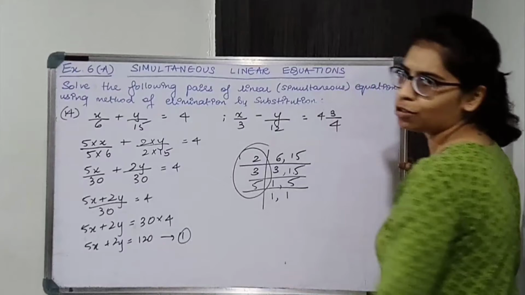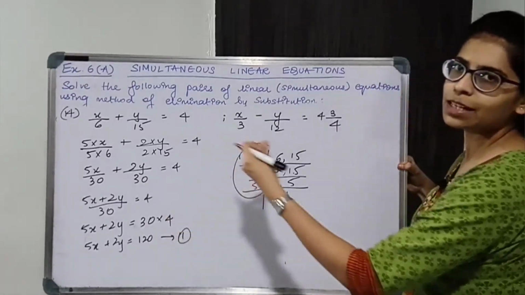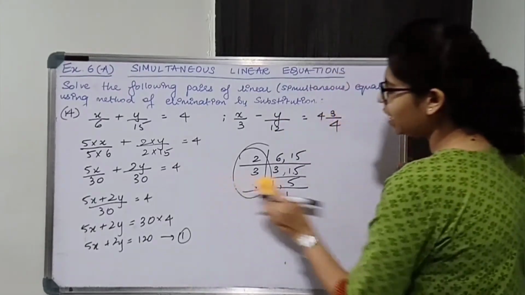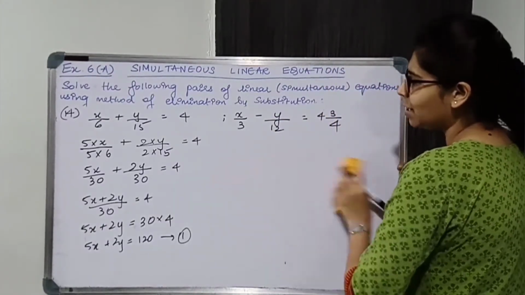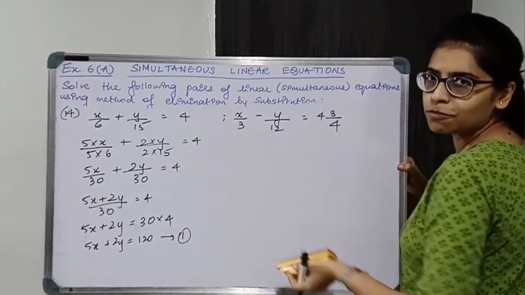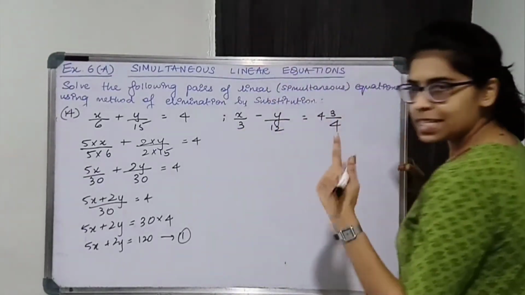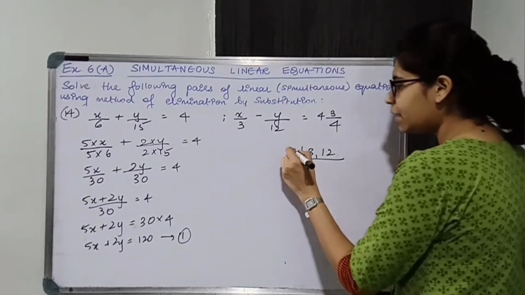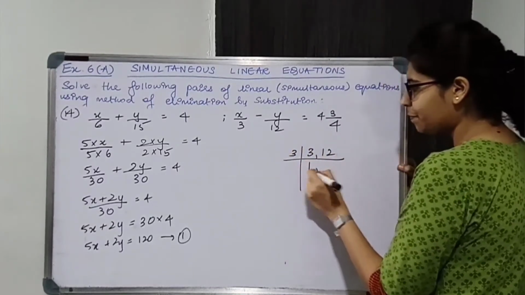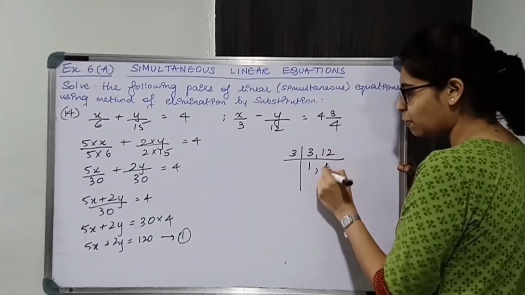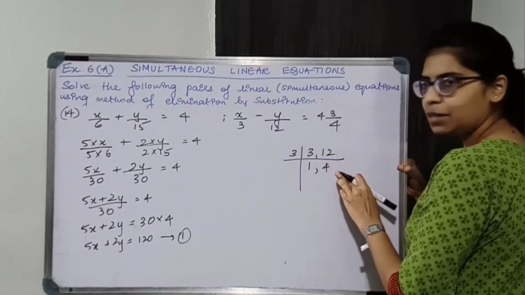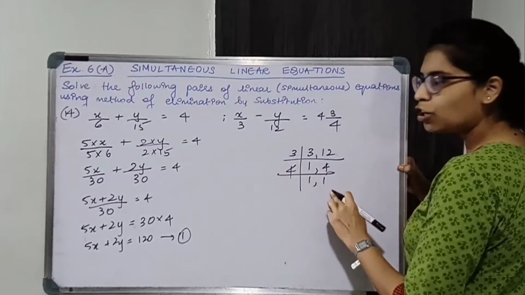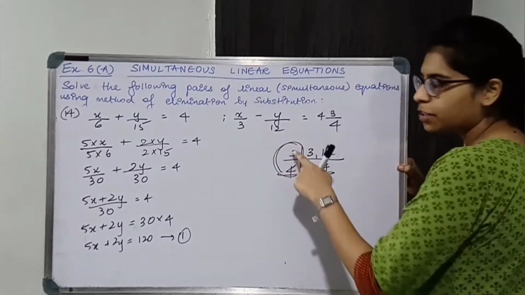Now we have it in nominal form. Okay. Something x plus something y is equal to constant number. Same thing we have to get over here. So 3 and 12 है, इसका LCM तो बहुत easy है. You just need to make this 12. So 3 4s are 12. Still, if you want to know how to take LCM, 3 and 12 लिखो. I can divide by 3. 3 1s are 3, and this is also divisible by 3. 3 4s are 12. यहाँ पे 1 मिल गया, यहाँ पे नहीं मिला है. So divide this by 4. Now we got 1 1. ये factors हो गया. 3 4s are 12.